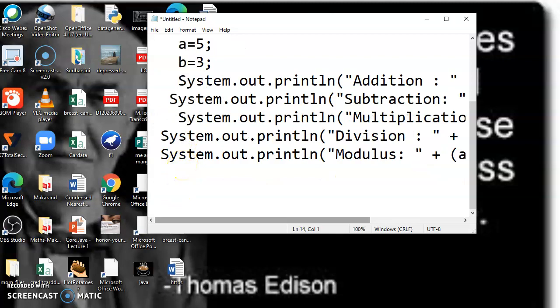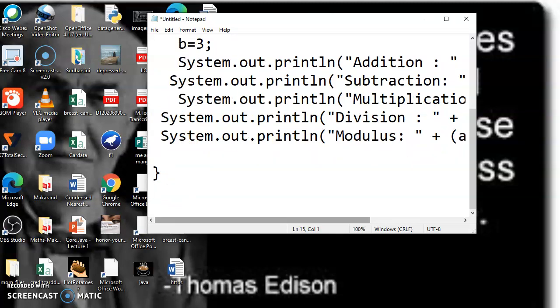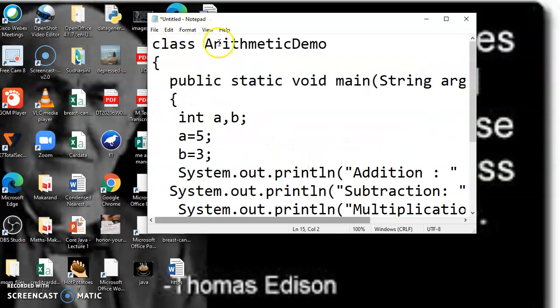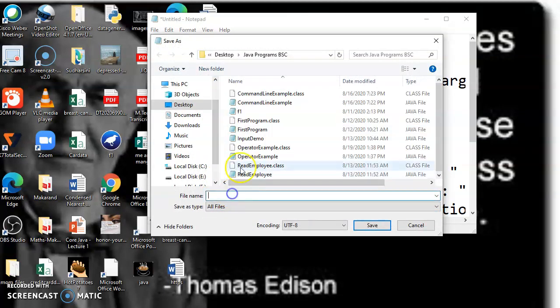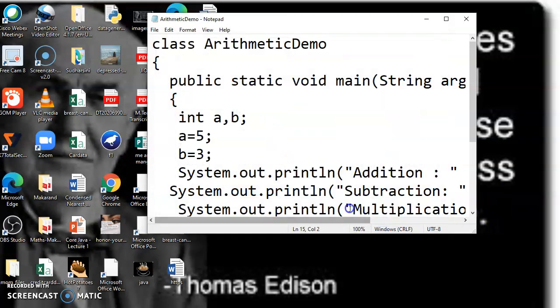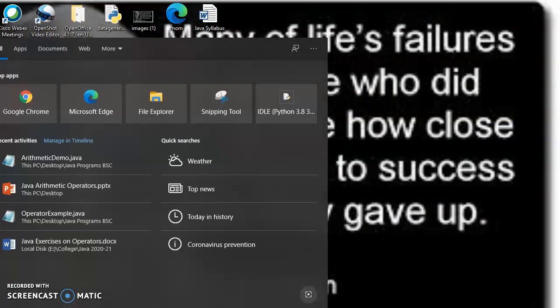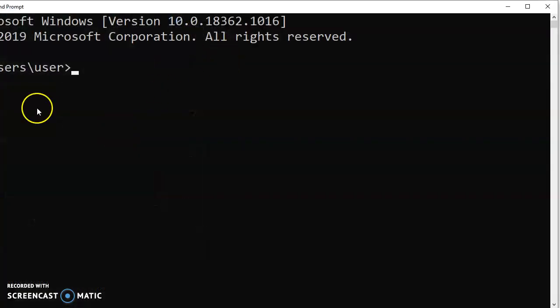Okay, let us close the program. What is the class name here? ArithmeticDemo. So let me save that as ArithmeticDemo.java. I am opening the command prompt here.